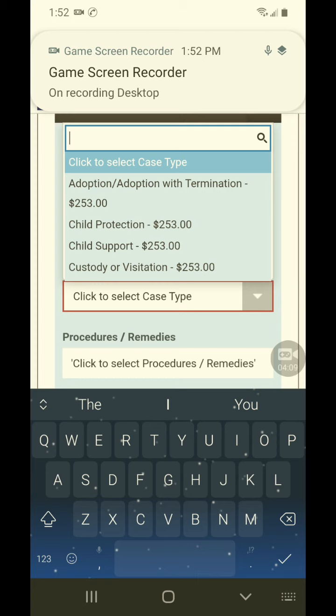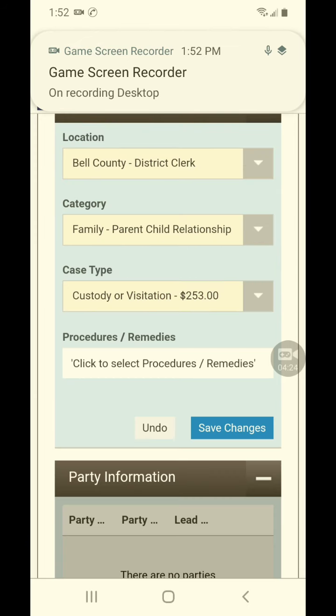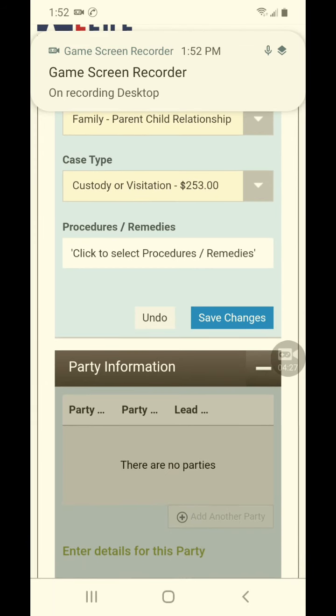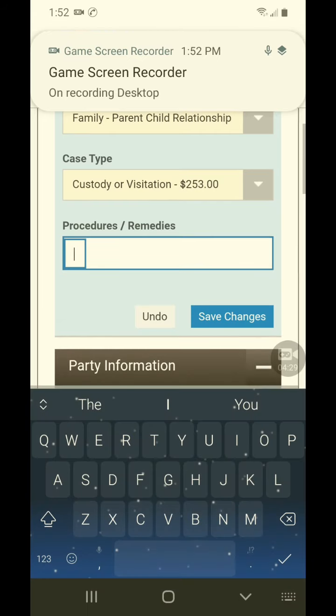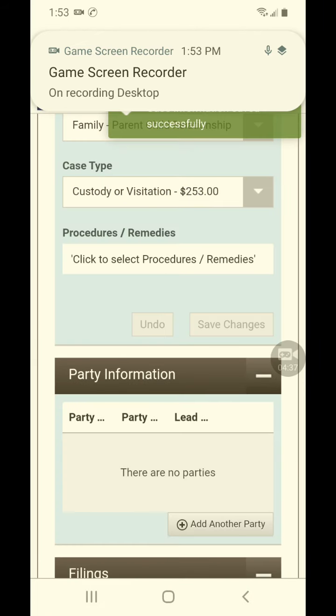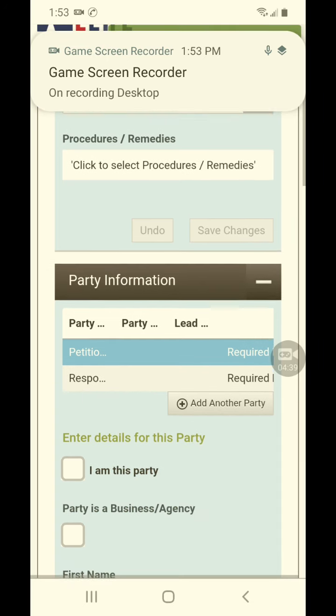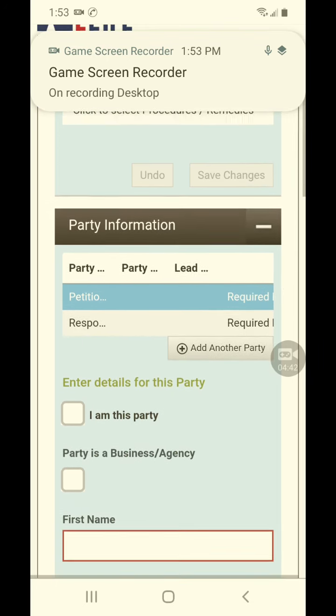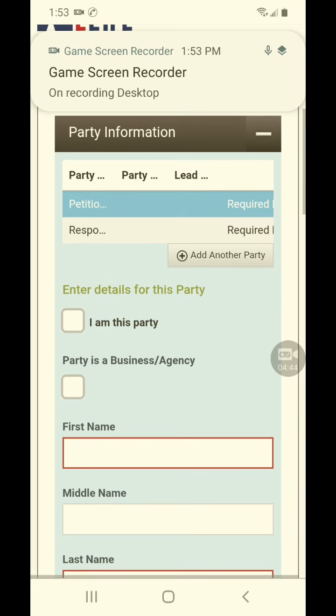Now, if you look right here, it's got the prices next to each of these. So if you don't select a waiver, this will let you know what you're gonna pay for filing fees. So custody or visitation, all these are $253 to file. Now with the waiver, it's free. Procedures or remedies. You don't need this most of the time, so you can leave that blank and then click Save Changes. Now the next section is going to open up after you click Save Changes. So next you're going to go to Party Information,